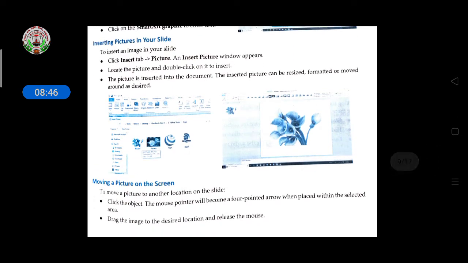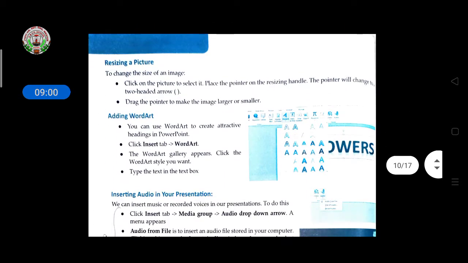And if you want to insert an image in your slide, you have to first select a different layout, and if that layout is allowing you to insert the image, then immediately you can insert the image in your presentation. And if you want to resize your pictures, it will be done with the help of the mouse pointer at the corner of that image. If you want to rotate your image, or zoom in or zoom out, it will help you with the mouse pointer.